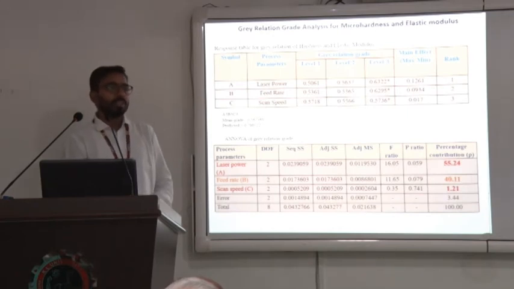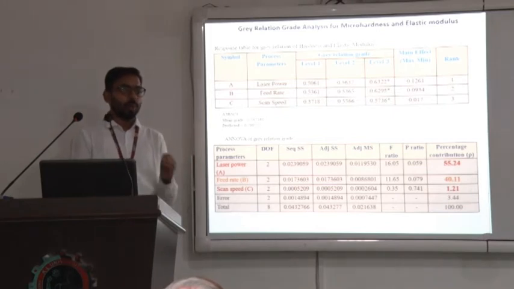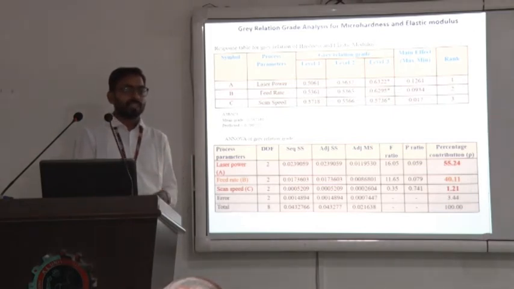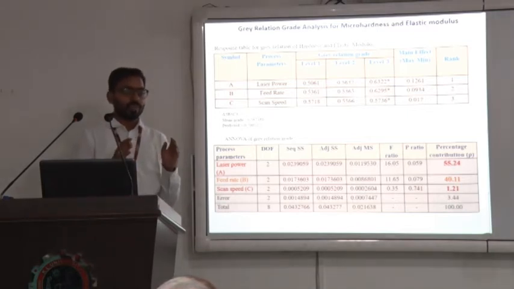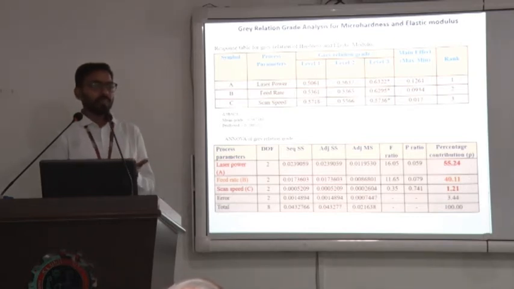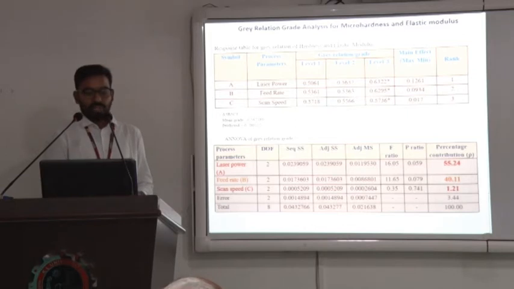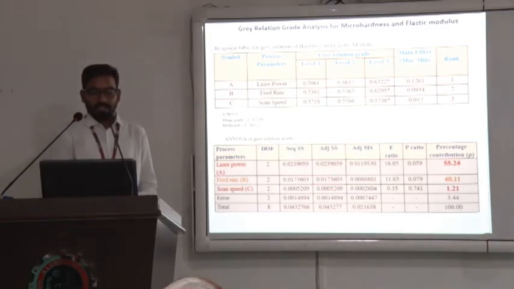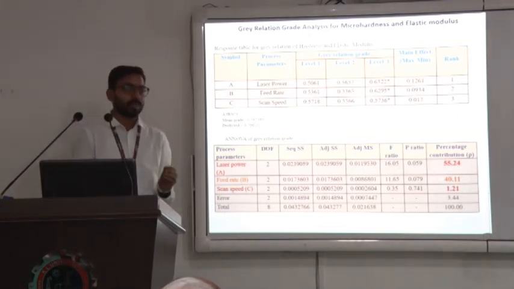According to our analysis, we require high hardness samples. Similarly, we require low elastic modulus values. But in comparing them, it is very difficult. By doing grey analysis, where we need high hardness and similarly low elastic modulus, we bring them to a single line for analysis. By using grey analysis, we have calculated the ranking of laser power, feed rate and scan speed for how they are influencing the process parameters.